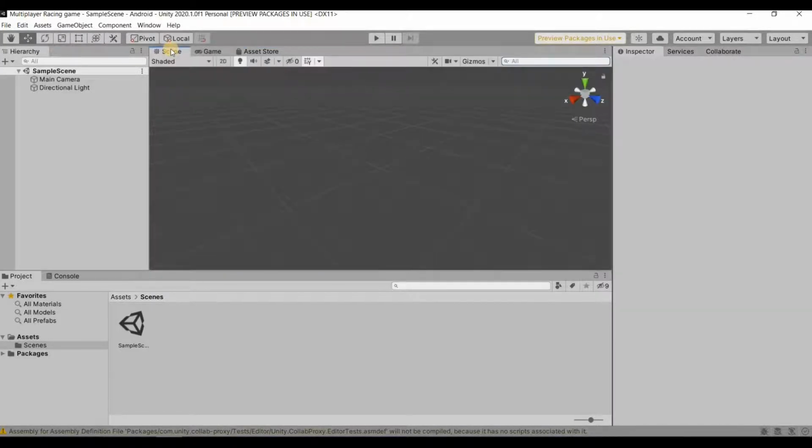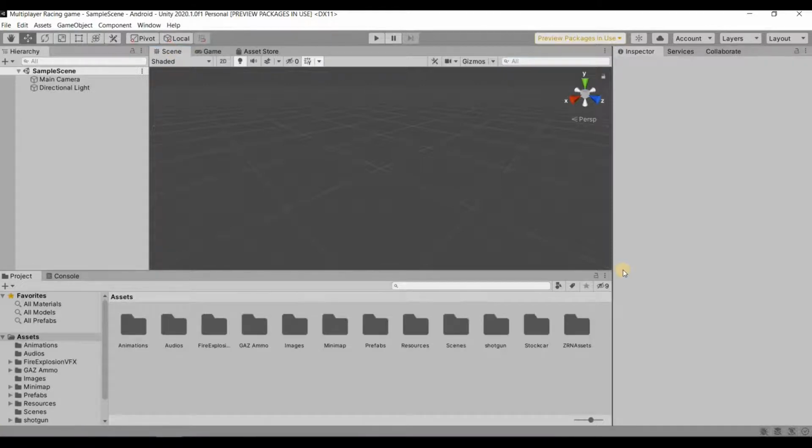Now what I am going to do is that I already have some assets which we can use to develop this game. So instead of downloading from the asset store, what I am going to do now is copy and paste the assets which I have and do this project. So here you can see that I have already imported some of the assets which I am going to use